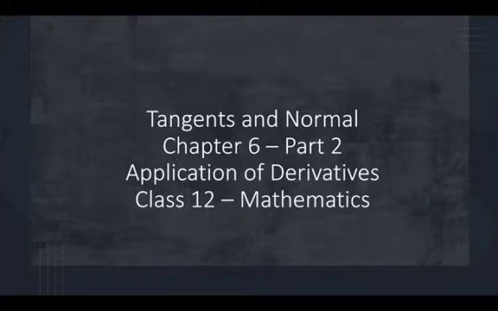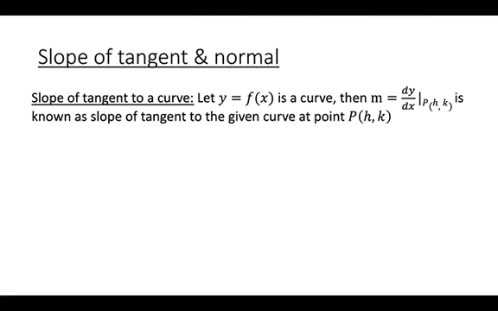In this, we will discuss slope of tangent, normal and equation of tangents and normals to the given curve at a given point. Let us start with slope of tangent to a curve. Let y equal to f of x be a curve. Then dy by dx at point P is known as slope of tangent to the given curve at the point